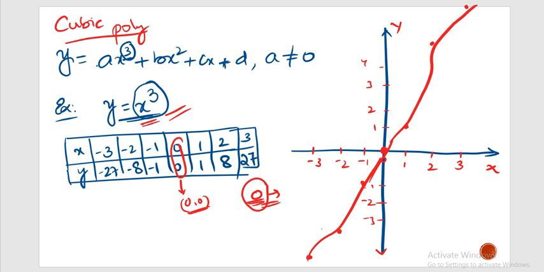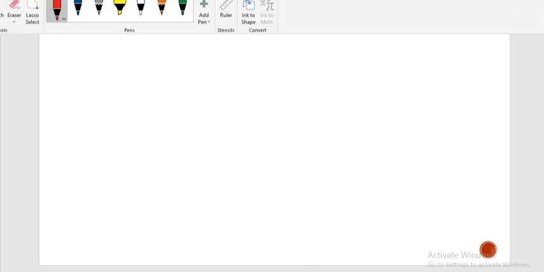Now let us see one more example. From this you are going to get clarity. So y is equal to x cube minus x square. If I consider this particular situation, then what am I going to have? If I take x square as common... other than this, if you take x only, so x cube minus x.